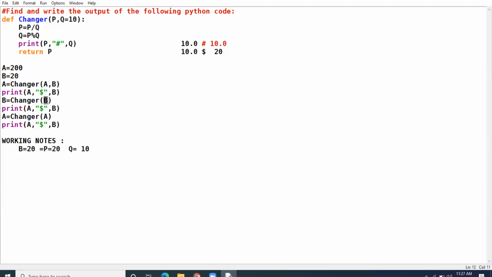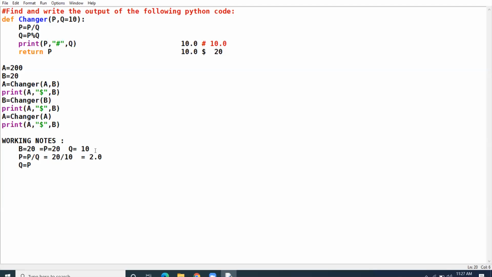Because I have passed only one parameter. I haven't passed the second parameter. So the first parameter will go just to the first variable. Now, P equal to P divided by Q, that will give me 20 divided by 10. That is 2.0.